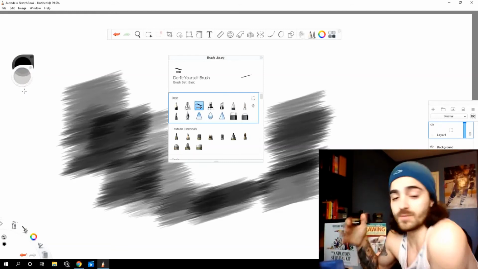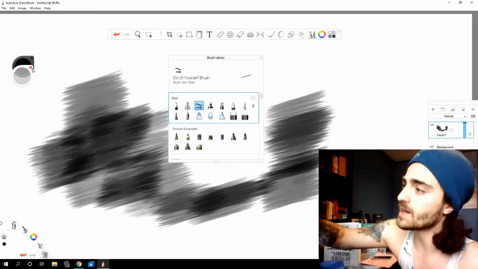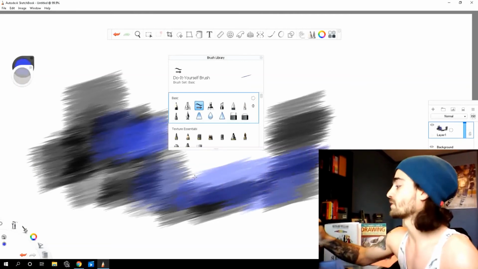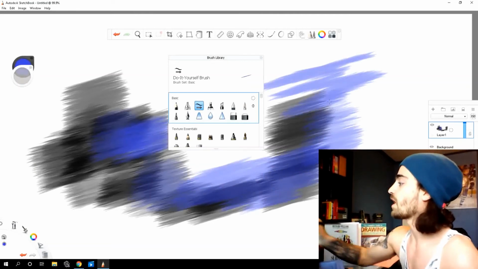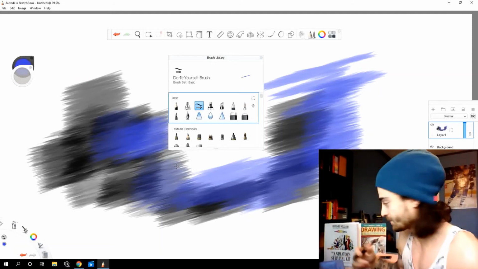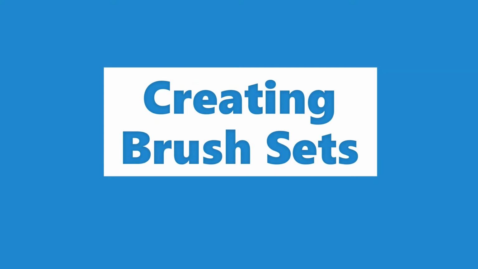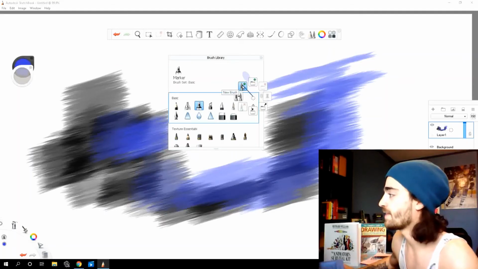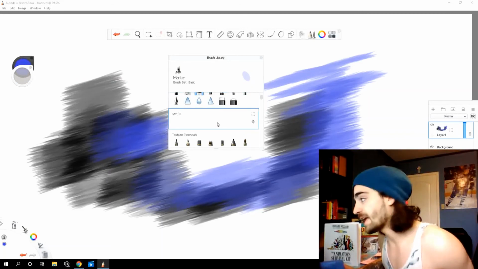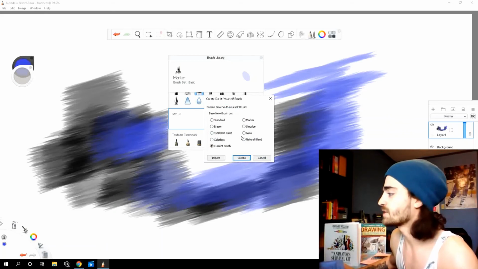In a few minutes, we made sort of a cool fur texture brush, and it wasn't that difficult, right? All the options are very self-explanatory, very user-friendly, and it'll actually be a lot of fun to play around with. So let's go up here, and let's press New Brush Set. And now we have a blank brush set where we can add some custom brushes. Let's try marker,